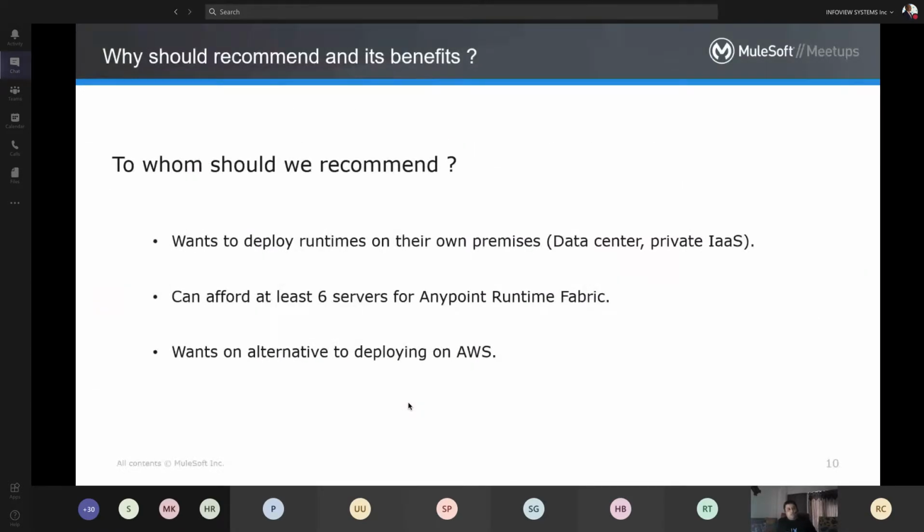To whom should we recommend it? Definitely, it cannot be recommended to every customer that comes with requirements. We have seen financial institutions, or retailers, that don't want to have their data deployments on the cloud, because if the connectivity goes bad or something goes wrong in their zone, then they are not going to have access to the platform.